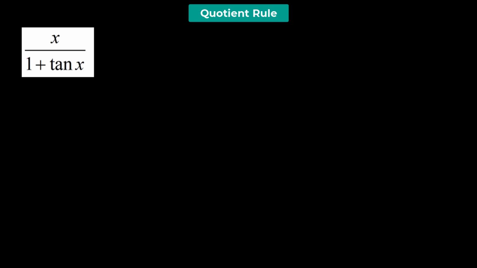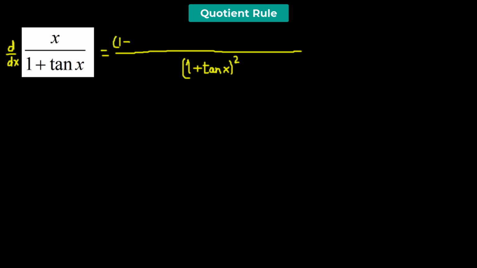So here we have the function x over 1 plus tangent of x. So we need to find its derivative with respect to x. So we begin with the function in the denominator, which is 1 plus tan x. So we write the function in the denominator and then square it. Then we write the same function in the numerator, 1 plus tan x, and then multiply it to the derivative of the numerator, which is x, minus x times the derivative of the function in the denominator, which is 1